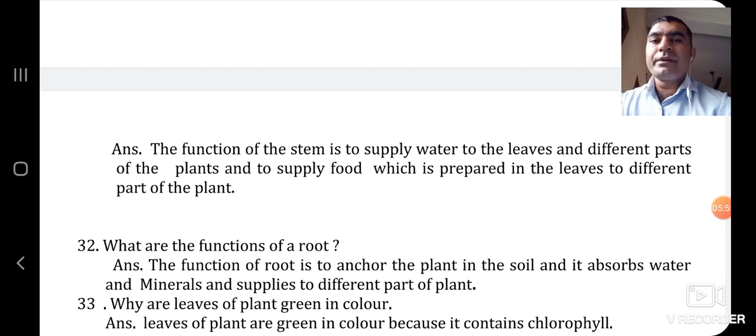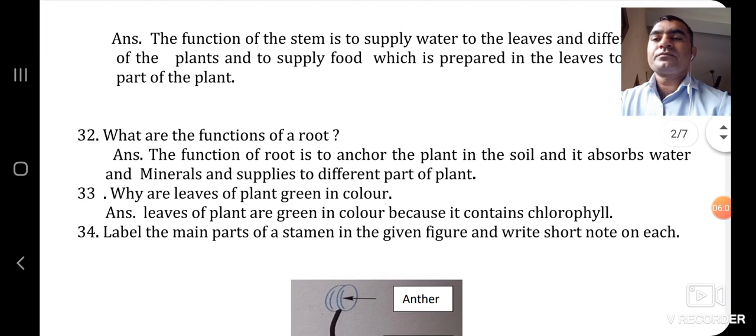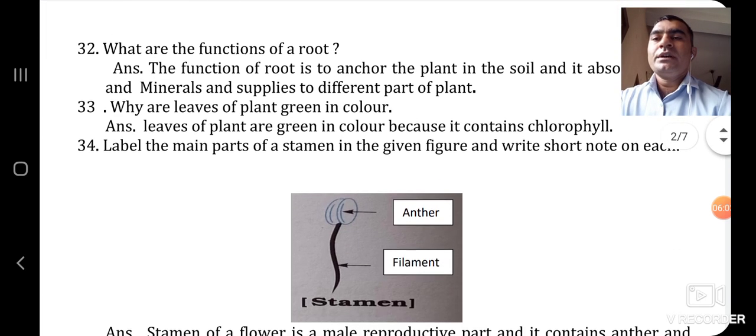A green color pigment is there called chlorophyll, that's why leaves are green in color. The next question is, label the main parts of stamen in the given figure and write a short note on each. So a figure is there, and it is a stamen, the male part, and on the top is anther, and